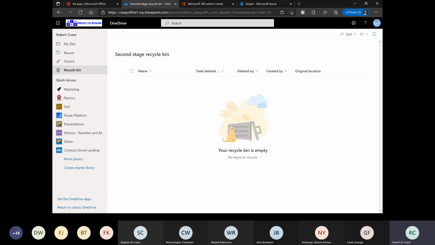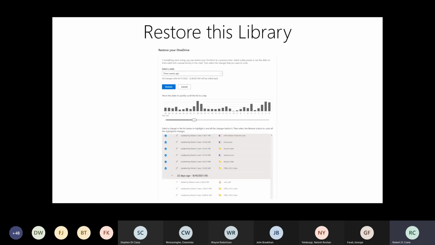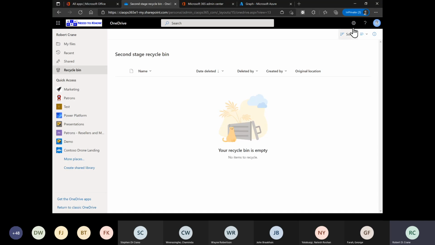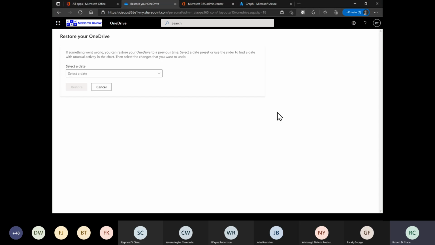period by default. Now, one of the painful issues with doing that process is that trying to do a bulk restore can be difficult, right? So if you want to do multiple files here from the recycle bin, it can be a bit of a challenge. But luckily, there's a capability called Restore This Library, okay, which allows us to do it in bulk for the past 30 days. So if we go up to here, go up to the cog, we go up to restore your OneDrive, in this case is where I'm at, and I can go in here and select the date and